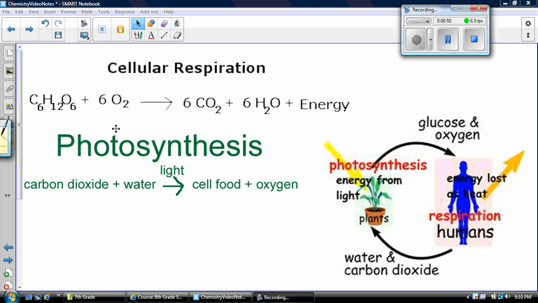Okay, so what I want you to take a look at is these sixes in front of oxygen, CO2, and H2O. That is how these two processes support the theory of conservation of matter, and I'm going to explain that in our next